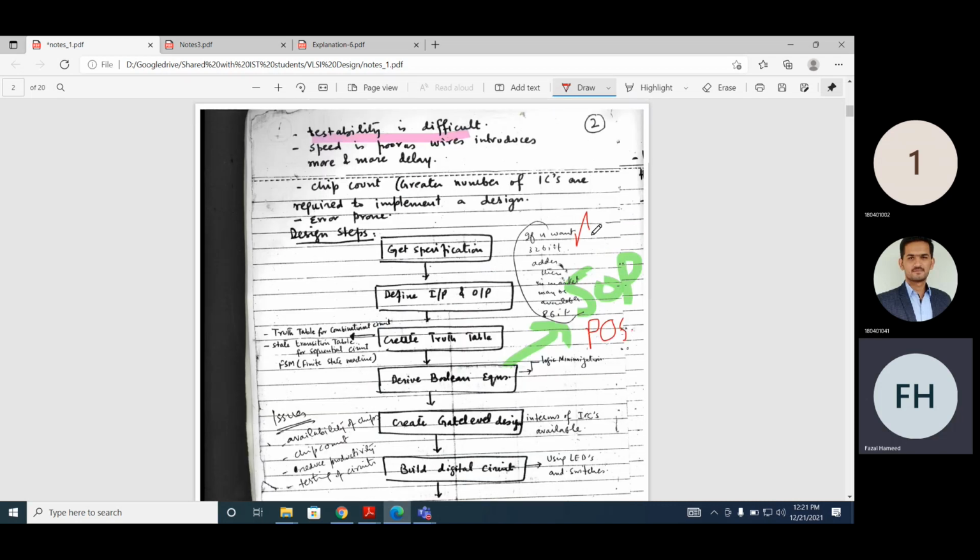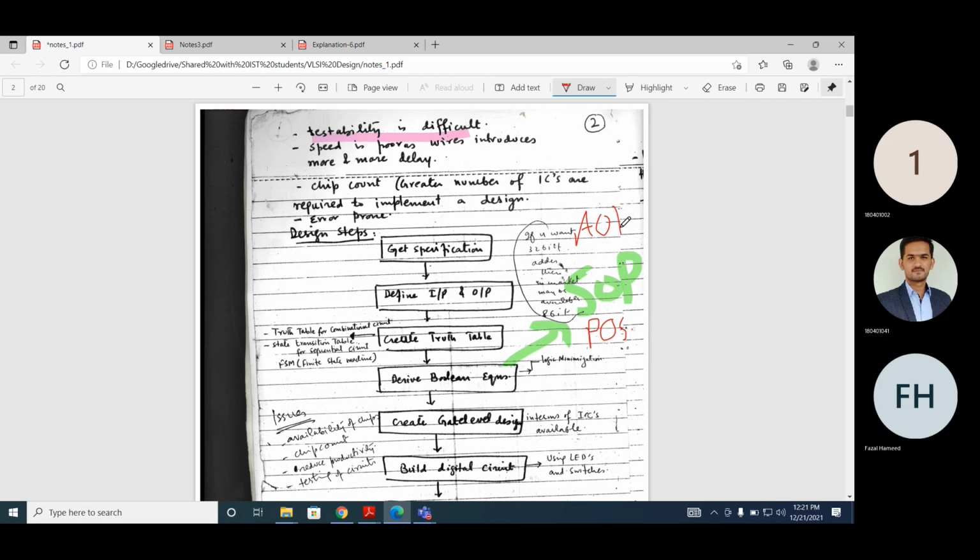Then we have AOI, AND-OR-Invert, which is actually sum of product. And then we have OAI. Then we can have NAND logic and NOR logic.